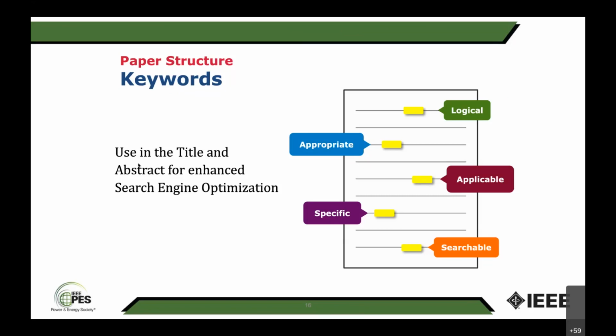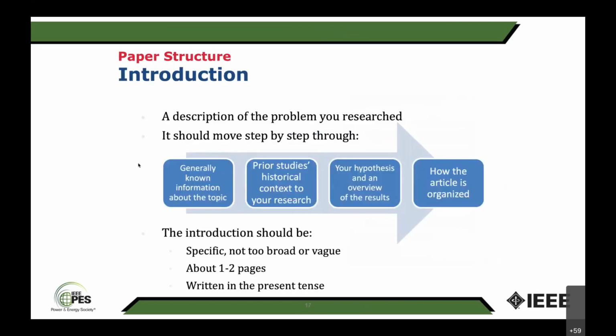They must be specific to the content, like load forecasting, and appropriate, meaning they are telling the reader what work has been done. Keywords can include load forecasting, neural network, error band, and the applicability in what field, like 24-hour forecast, 1-hour forecast, 7-day forecast. That's what I'm talking about by saying appropriateness. Fine. Then we have done the title, abstract, keywords.